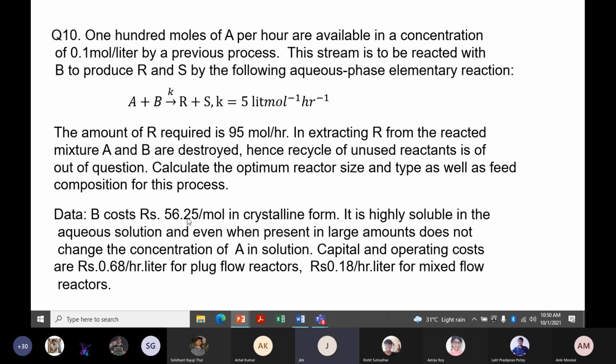B costs 56.25 per mole in crystalline form, that is solid B after crystallization. It is highly soluble in aqueous solution and even when present in large amounts does not change the concentration of A in solution. So it has no effect on A. Capital and operating cost